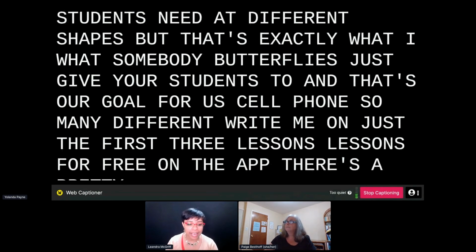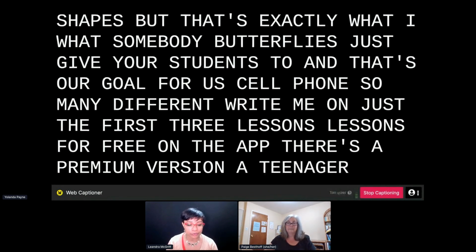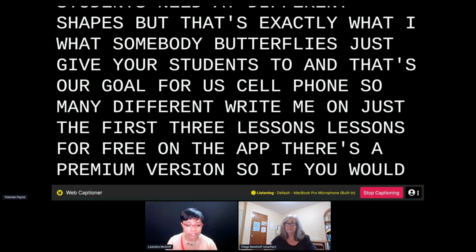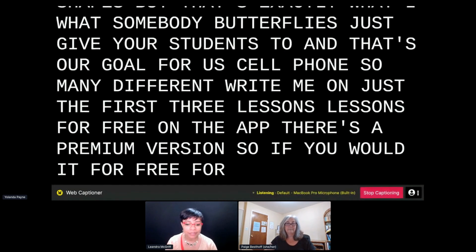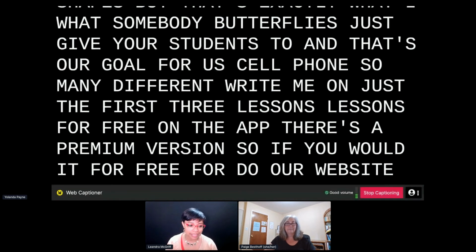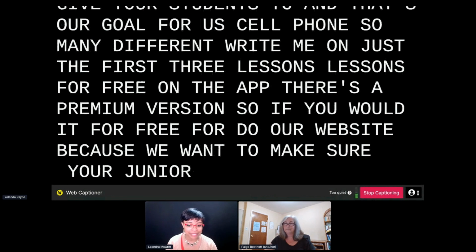However, for our teachers, we do have a Tinker Junior grant. So if you would like to apply for a Tinker Junior grant to receive it for free for all of your students, you can also apply for that through our website, because we want to make sure that all students have access to this Tinker Junior app no matter what.